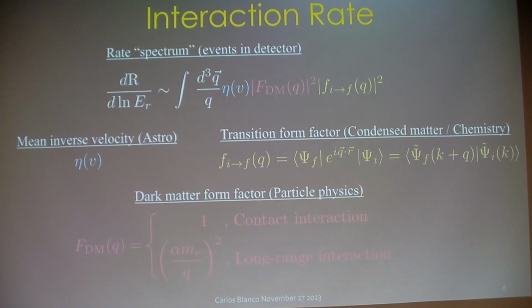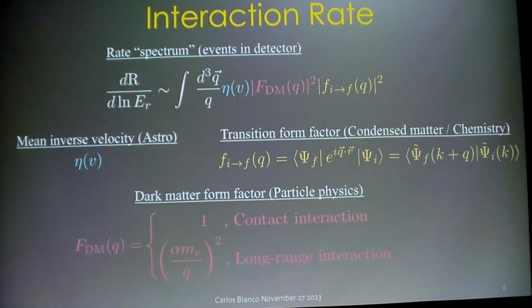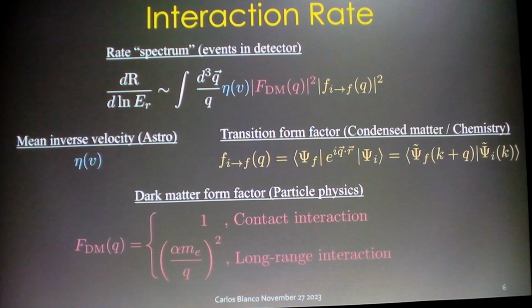Okay, the things that matter for the rate that your detector is going to give you really just fit into this rate calculation, and it doesn't matter what the details of this really are. All of this is to say that the physics really factorizes into three parts. Eta tells you about the astrophysics of the problem, the mean inverse velocity. This is like the phase-space distribution. The particle physics of the problem can be factored out entirely into this thing called a dark matter form factor. And this tells you whether or not you have a contact interaction or a long-range interaction. This is your vacuum matrix element. You guys can tell us all about that.